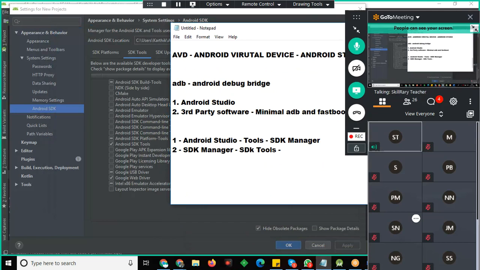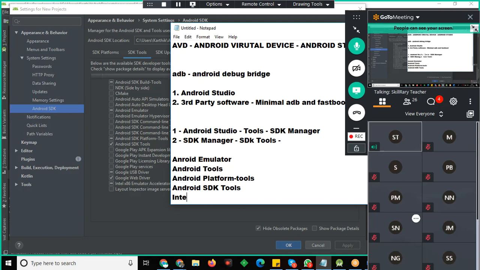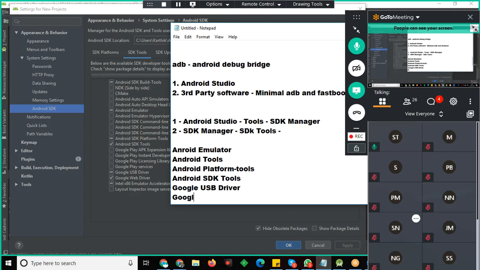The SDK tools that need to be configured are Android Emulator, then Android SDK Platform-Tools, then Android SDK Tools, then Google USB Driver, then Google Web Driver if you are working on automation.